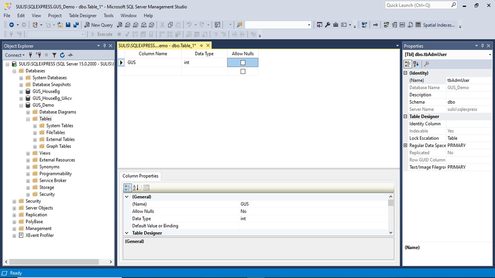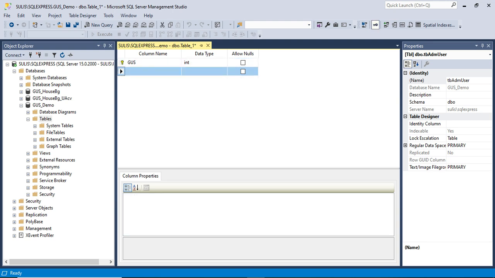Of course not, because this will be a primary key. Now I have to define the column prefix for this table. I will name the column prefix USR. Okay, the name ID.